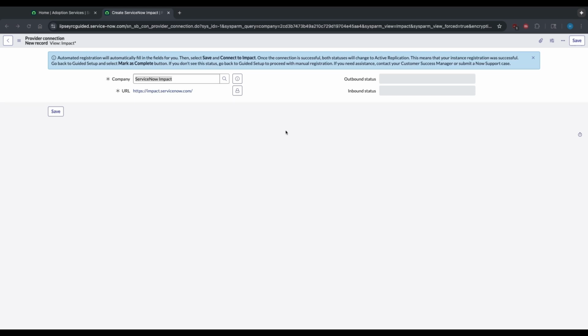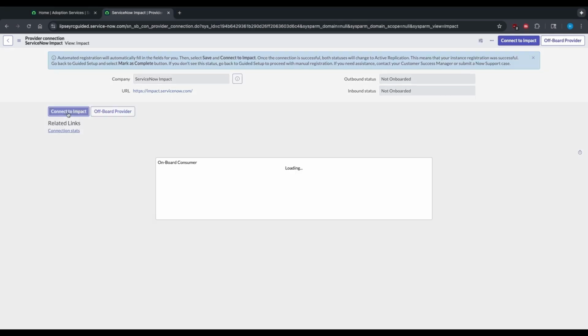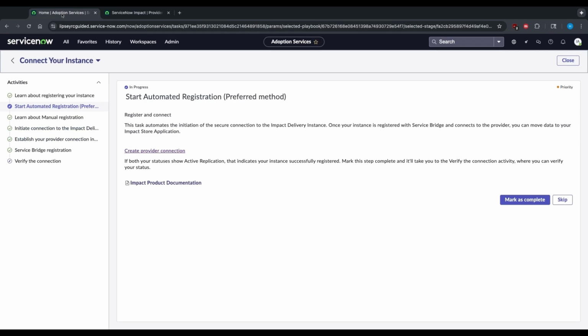You'll want to go ahead and click Save. Next, you can click Connect to Impact. You'll see that the outbound and inbound status here, which indicate the bidirectional data flow, say Not Onboarded. Once these statuses switch to say Active Replication, this indicates that your Service Bridge connection is active. Once this occurs, you can go back to the Guided Setup, where you can mark the Start Automated Registration step